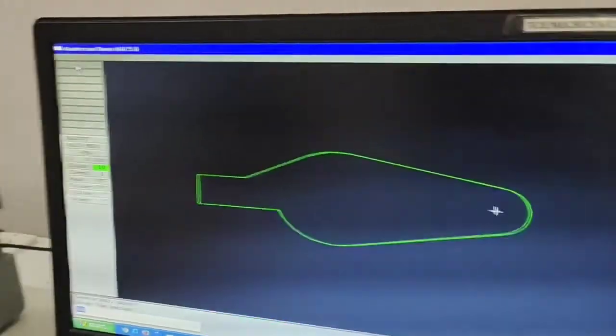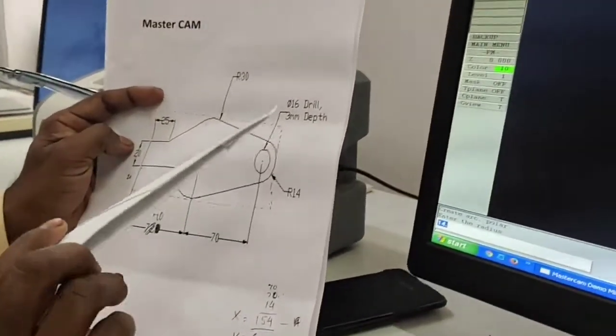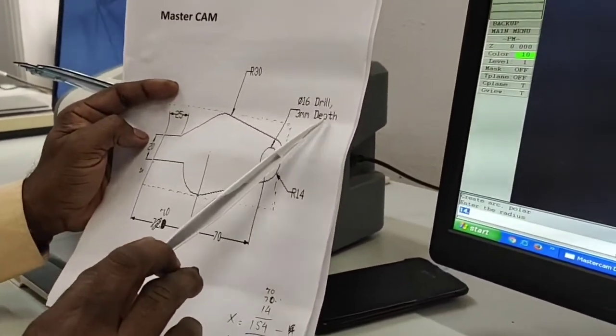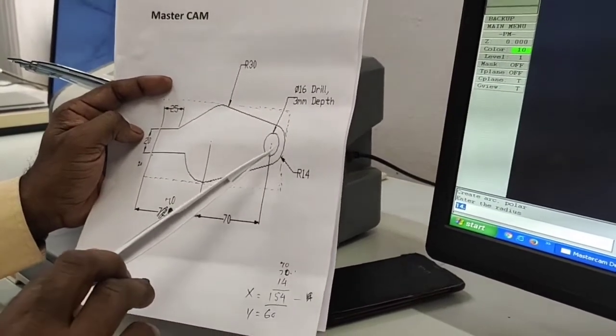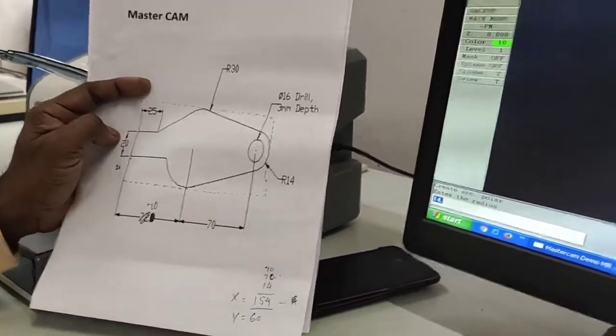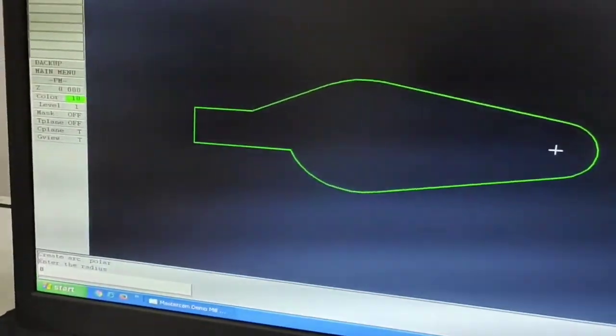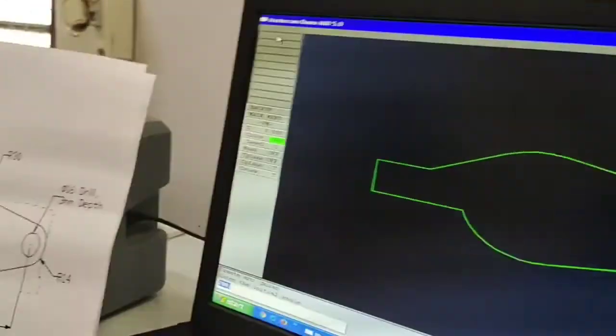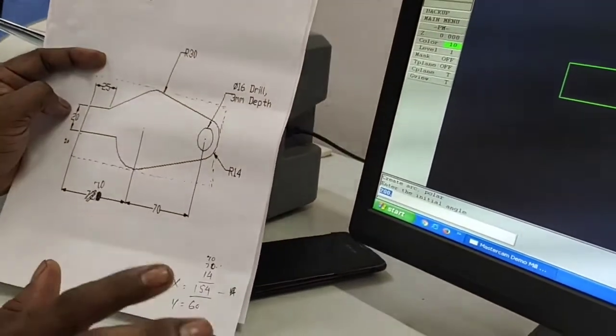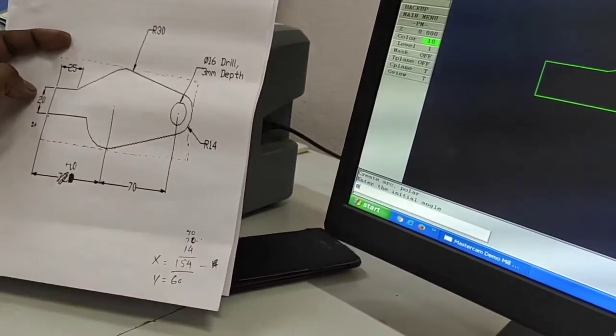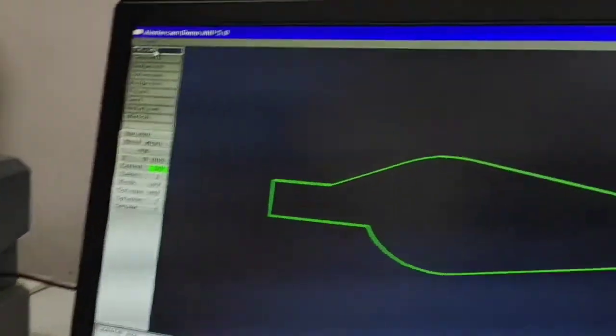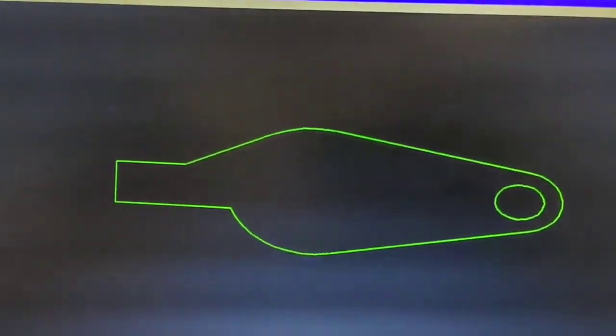Here in the drawing the drill diameter is 16 mm, so the radius is 8 mm. Radius is 8. Enter. Here, 0 to 0. If you enter 0 to 0, the total circle will be formed. 0, enter, 0, enter. So the total circle will be formed. This is the completion of your drawing.